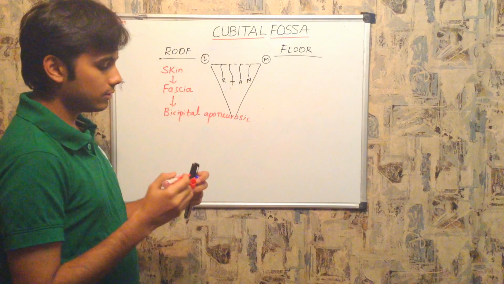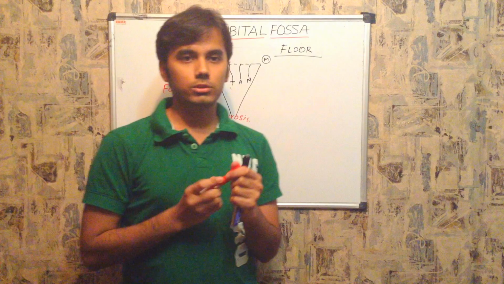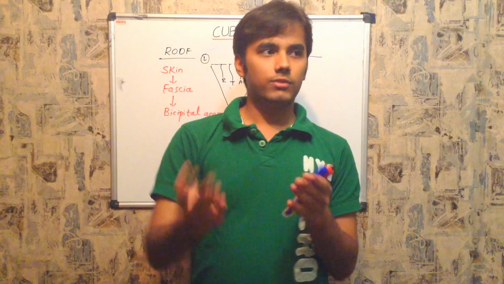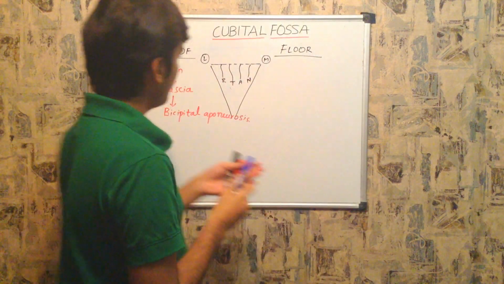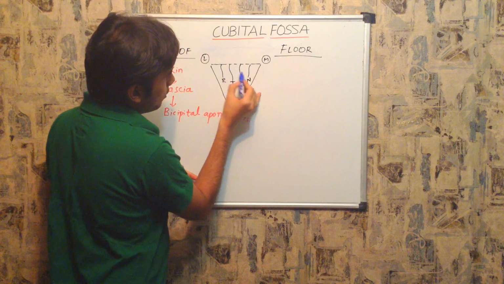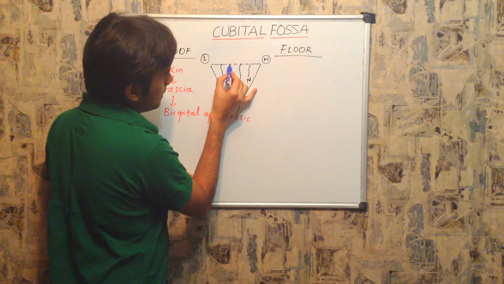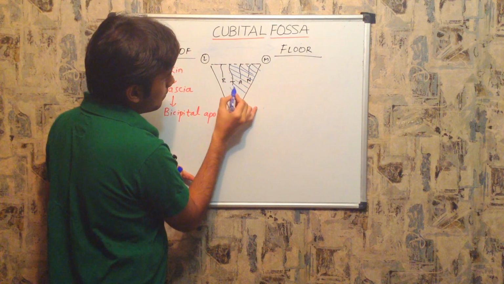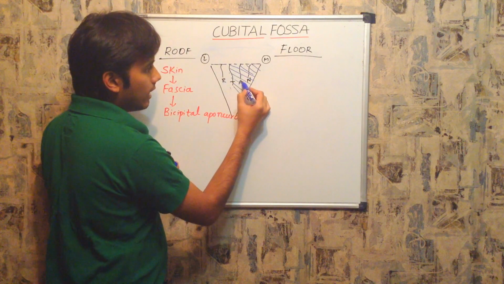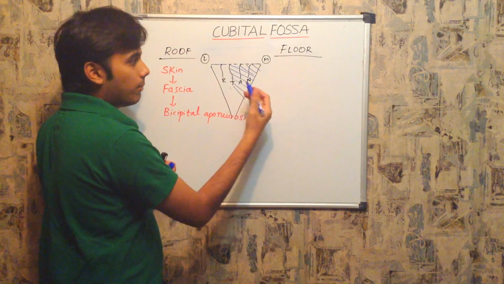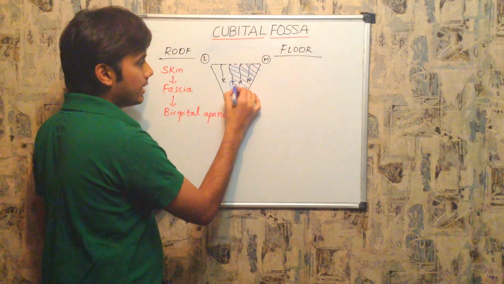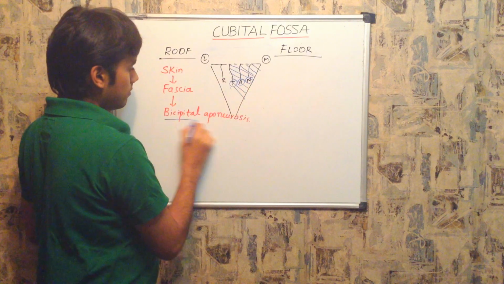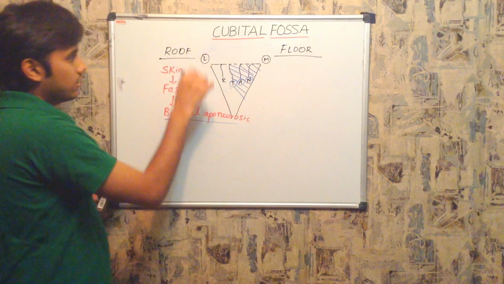Okay, what is exactly this bicipital aponeurosis? Bicipital aponeurosis is located below the fascia. It is just a flap of tissue, like the pages in a book, that covers this tendon, artery as well as the nerve in this manner. In this way, it covers the tendon, artery and the nerve. So there is additional support or additional protection for this tendon, artery as well as nerve, and that protection is given by this bicipital aponeurosis. Right? These are the structures that are forming the roof.